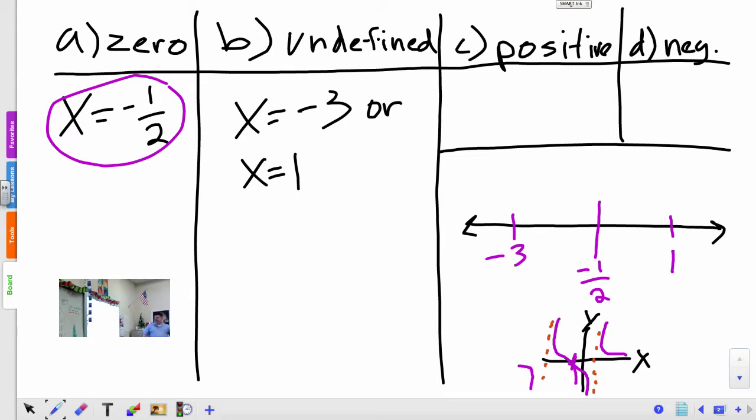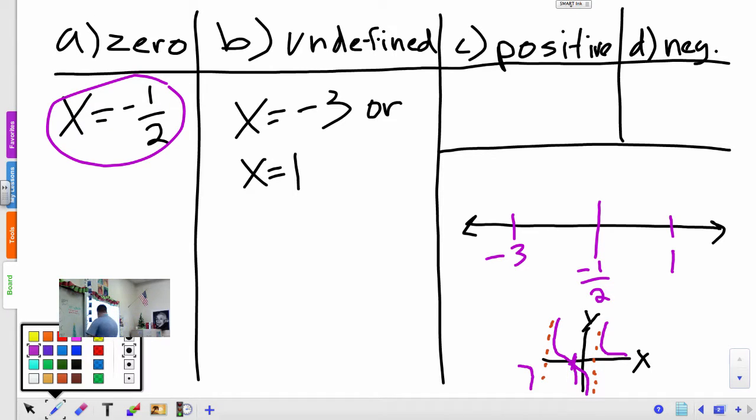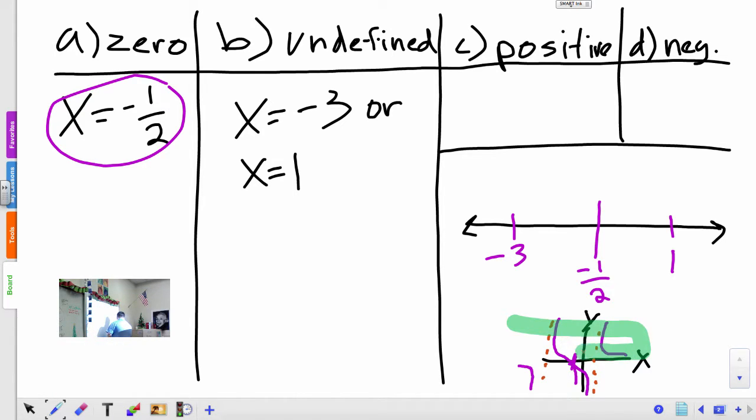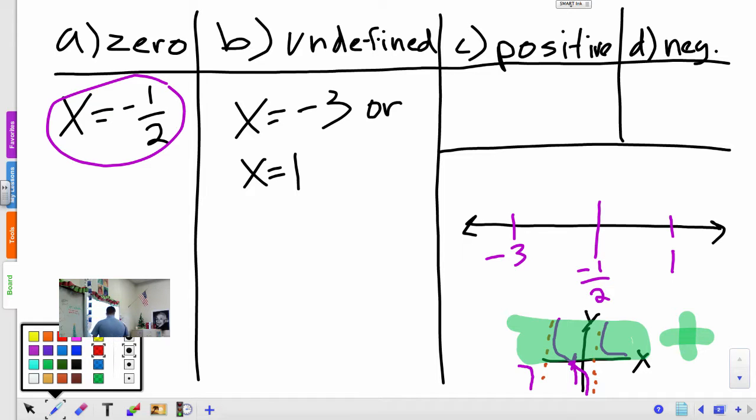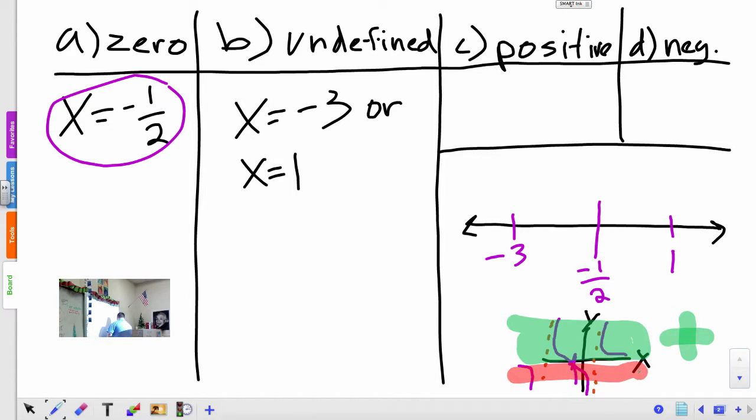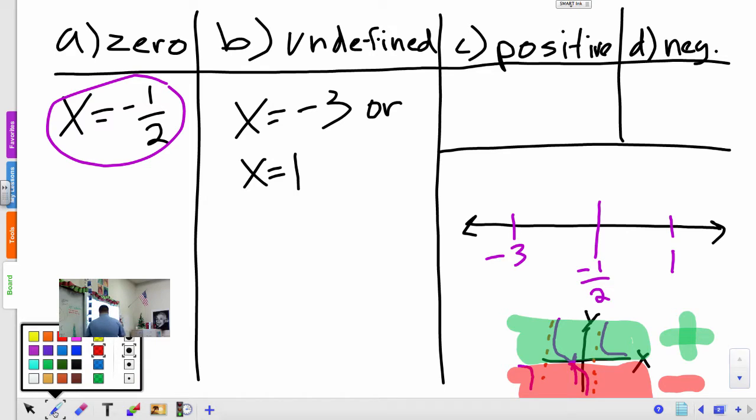But how do I prove when it's positive and when it's negative? It's positive whenever we're above the x-axis, right? So anything up here is positive. Anything right above here, that's positive. And anything below the x-axis, that's negative. So I want to prove that algebraically. The only way that I can prove that algebraically is I have to remember that the function